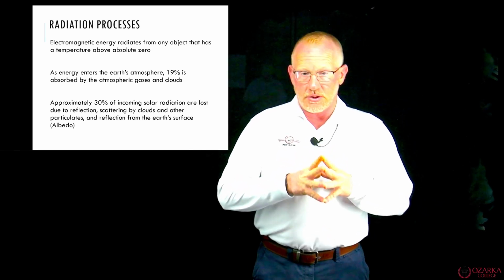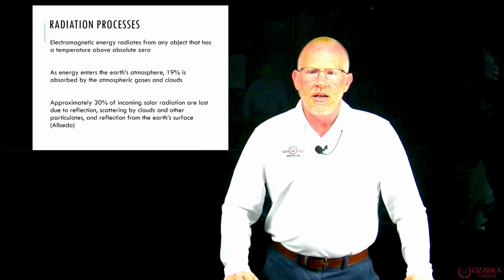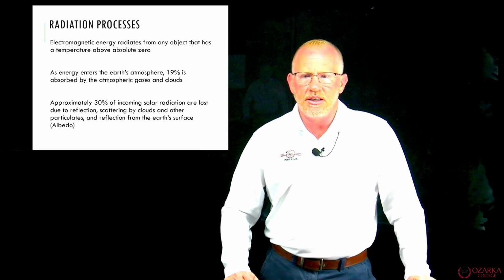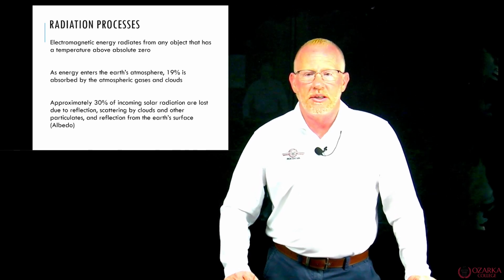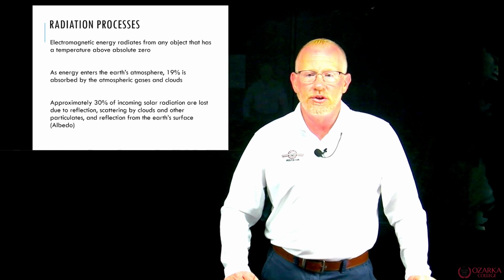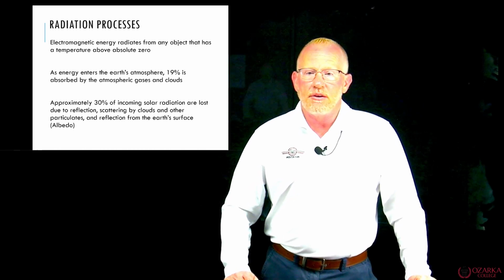Okay, so it has to be a temperature above absolute zero. As energy enters the Earth's atmosphere, 19% is absorbed by the atmospheric gases and clouds. Approximately 30% of incoming solar radiation is lost due to reflection, scattering by clouds and other particulates, and reflection from